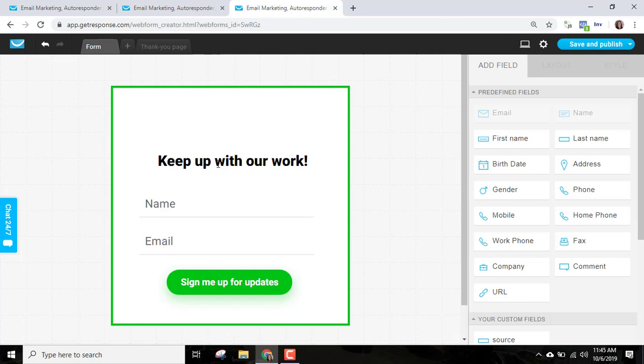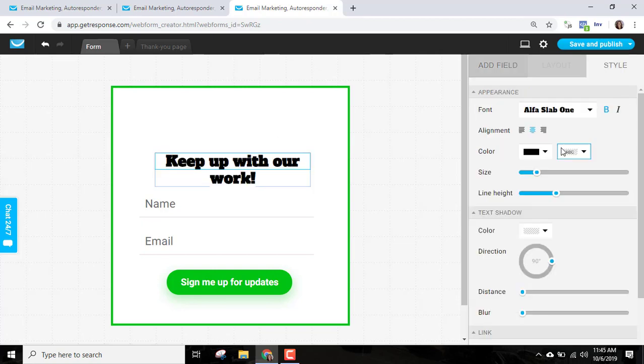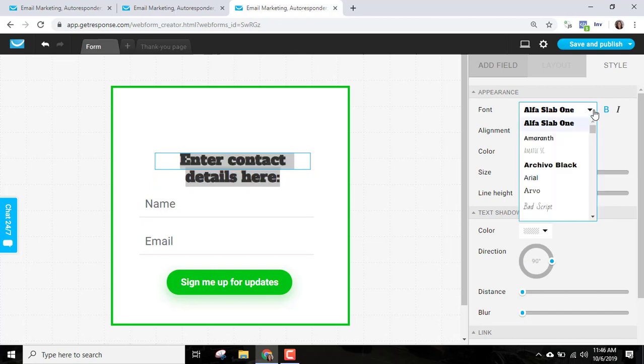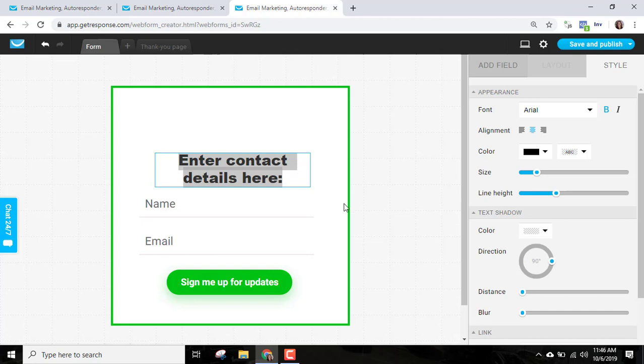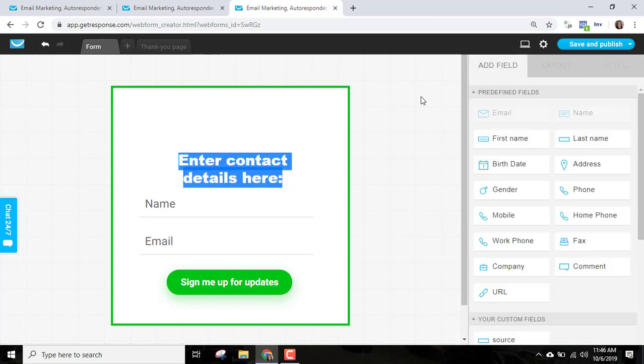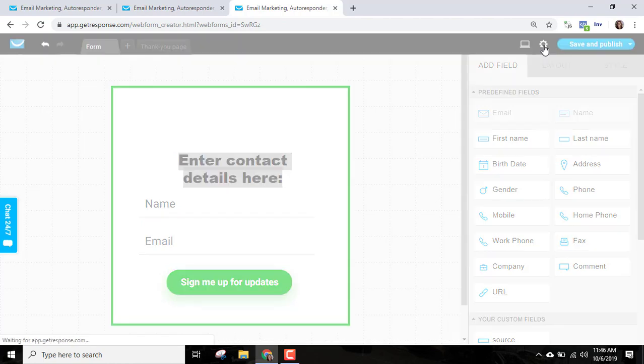So we deleted that, and let's go ahead and change this and just say, enter contact details here. And let's change the font to something that's not quite so jumping out at you. And then that's all you have to do, other than you have to go to settings